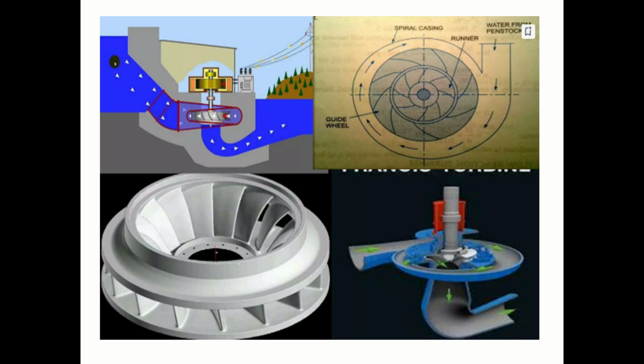And the working principle, working mechanism of Kaplan turbine and Francis turbine is also very, very important, and its design procedure. And once again, I am telling you, in order to design any turbine, first you should understand the inlet velocity triangle and outlet velocity triangle of all the 3 turbines. If you understand the design procedure, each step, and if you understand the inlet velocity triangle and outlet velocity triangle of all the 3 turbines, you can work out any kind of problem given.